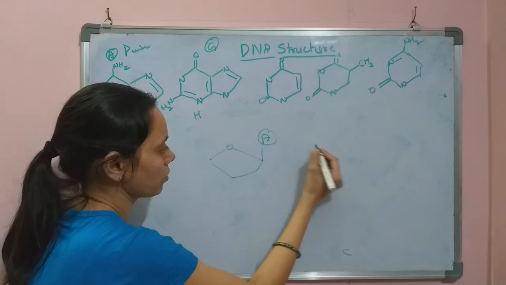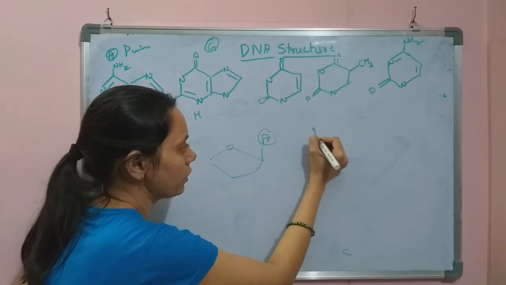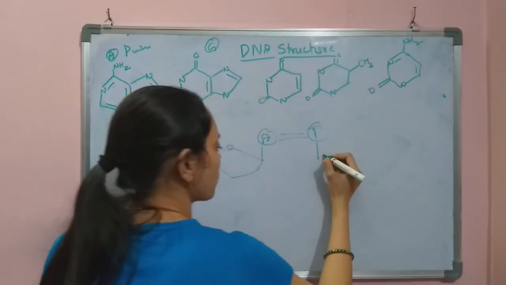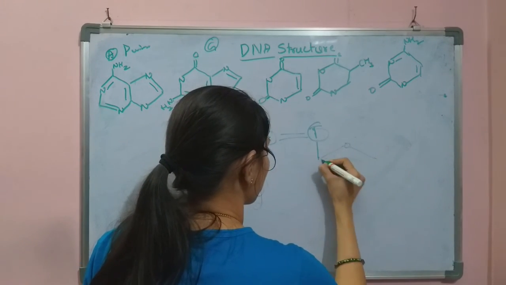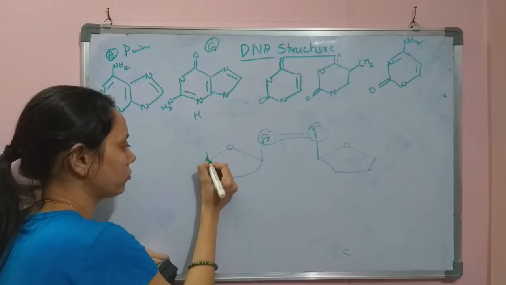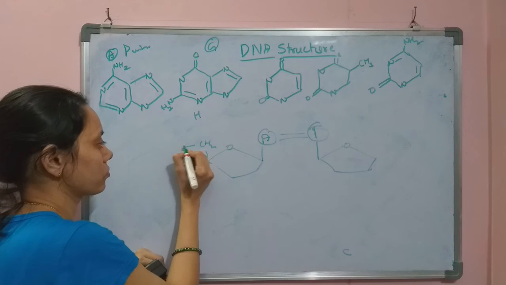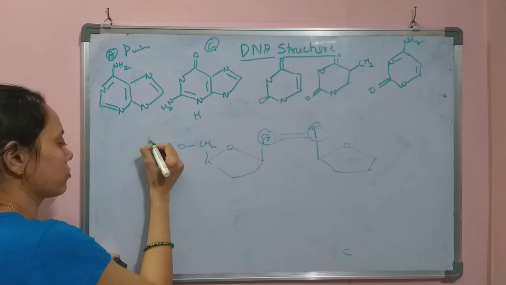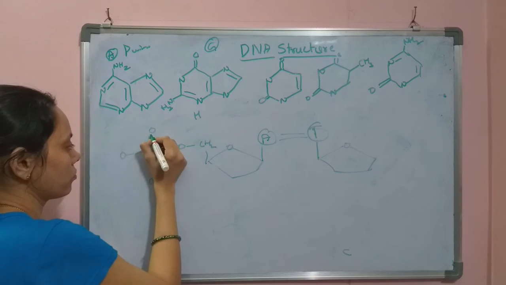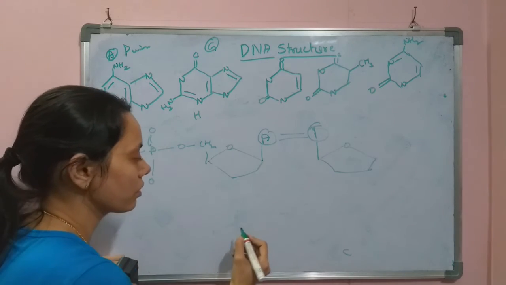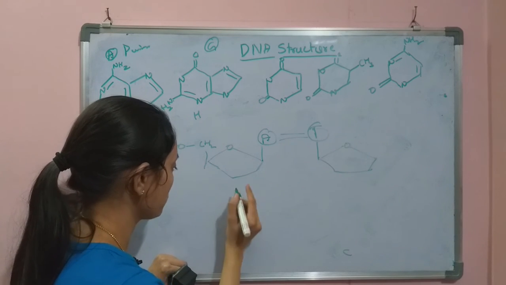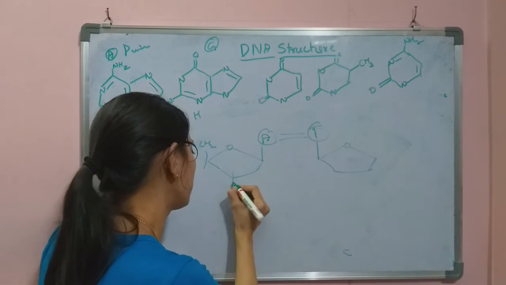Between A and T, we find two hydrogen bonds. And likewise, we will also find a phosphodiester bond between